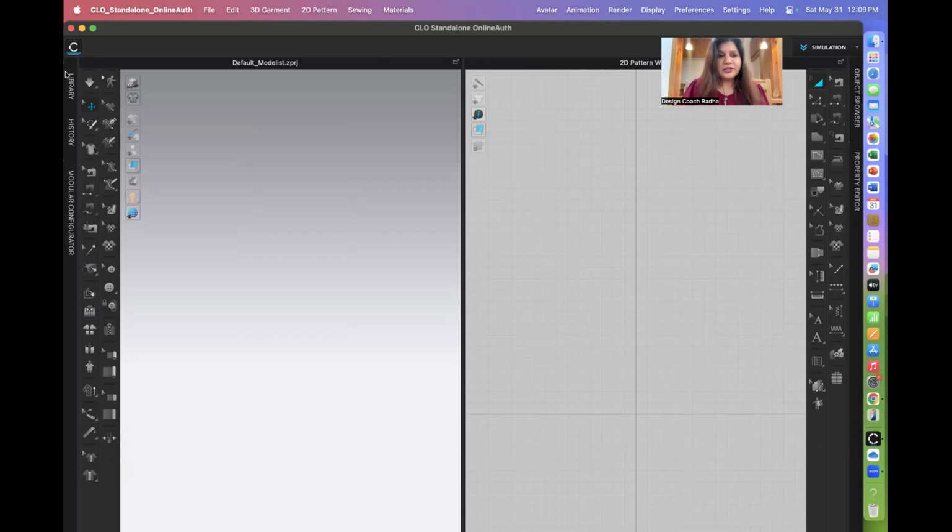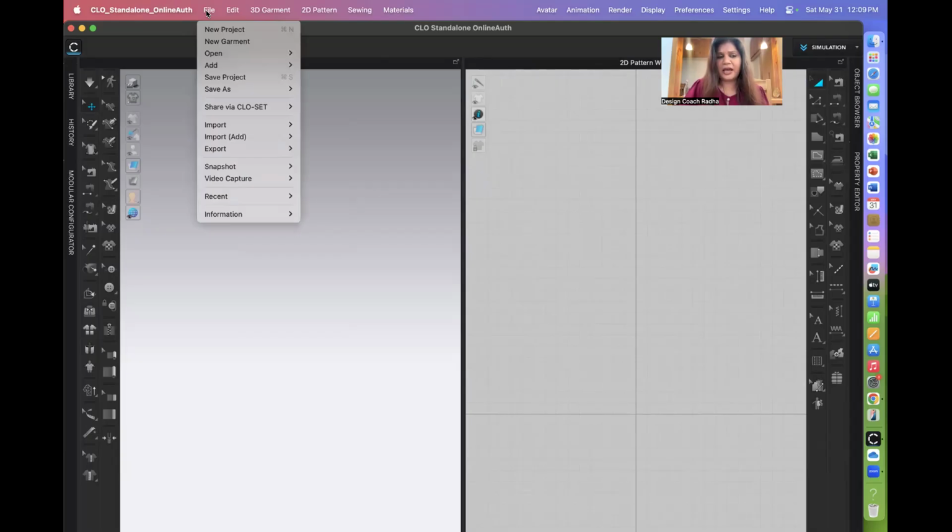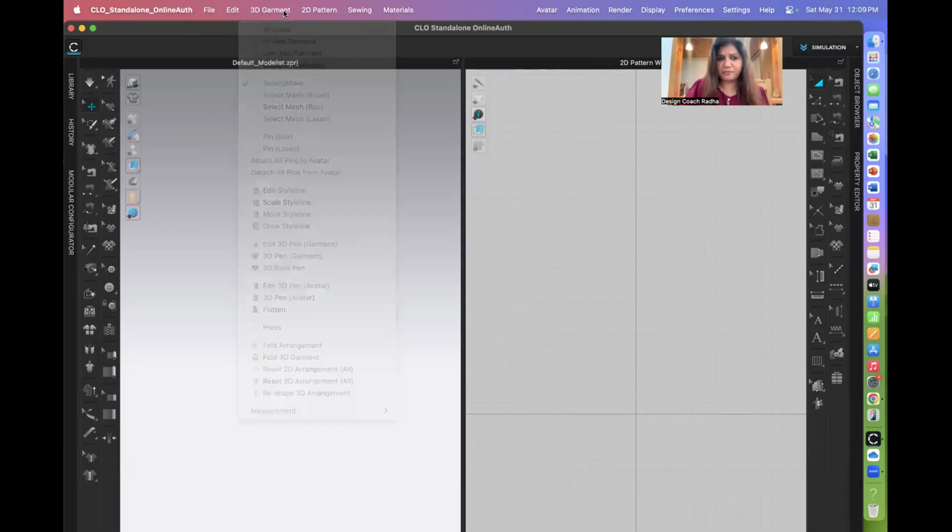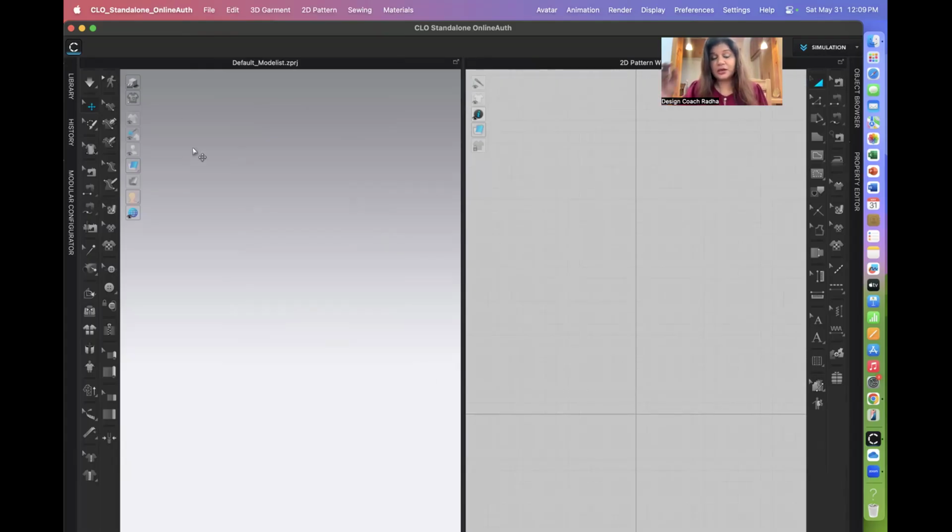Okay. So similar to other applications, here also we have different menu bars on the top. So this is the main application. Here we have different types of menus on the top. Okay. The first thing you people have to do is change your settings. You need to go to settings, user settings,